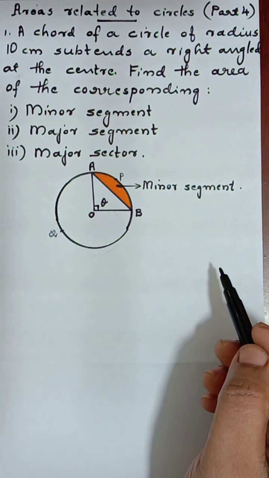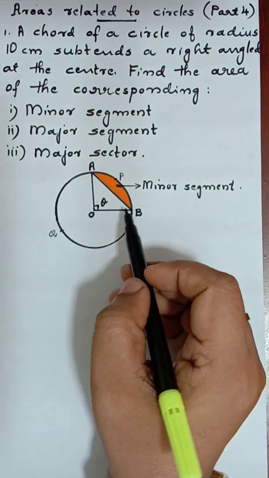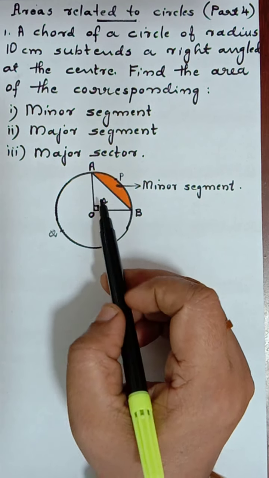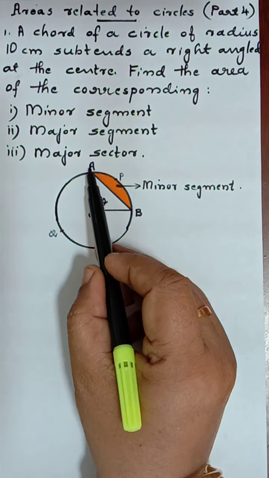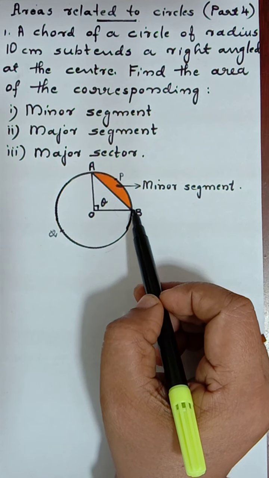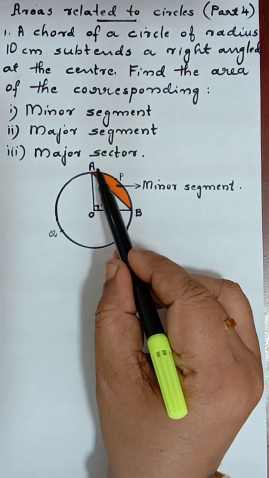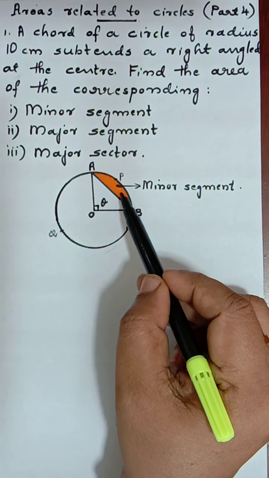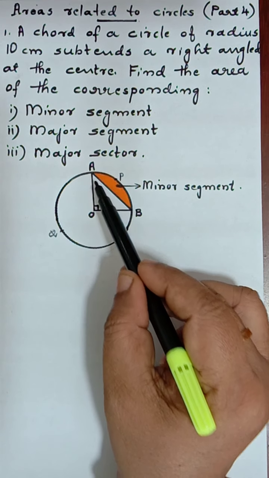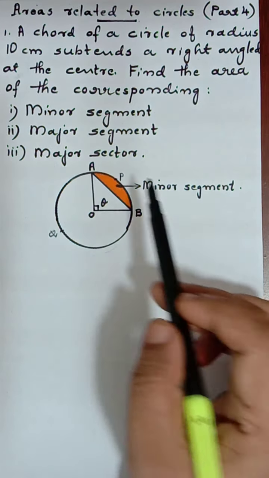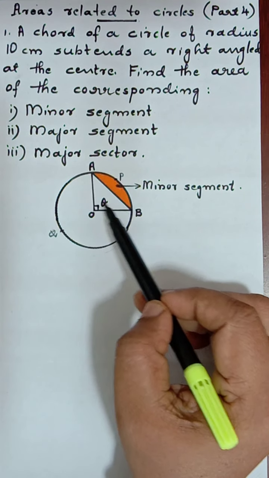So we have to find out each one. For finding out segment, it is very easy. It's a part of the circle we know. How do we get this? When we consider sector formula already we know. First we have to find out what is minor sector. That is minor sector AOB. If we find out, how do we get this orange area? We have to subtract this triangle AOB from the sector. From sector AOB, we have to subtract triangle AOB.